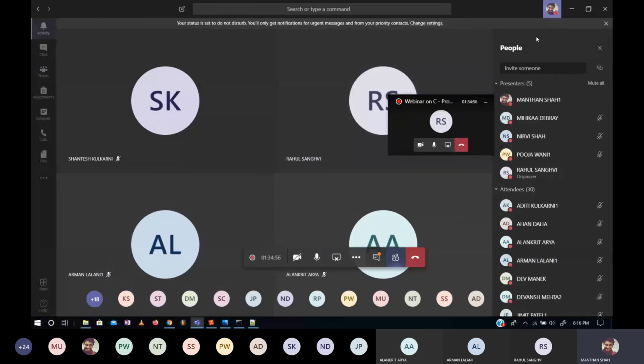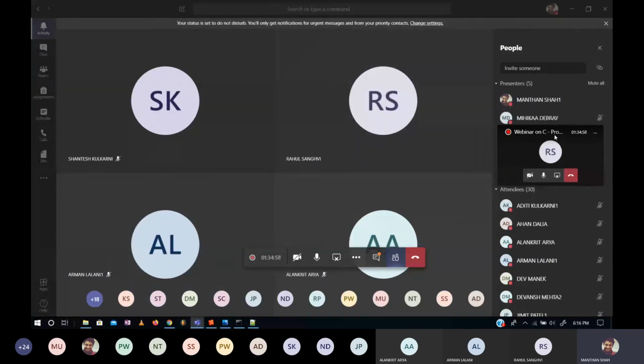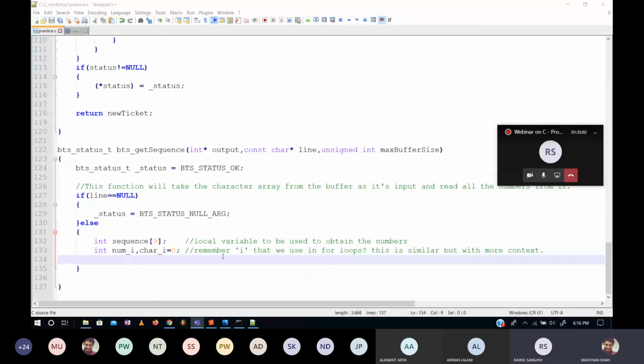I'm continuing, I'll keep on writing the code. You guys let me know when the break ends, then I'll start explaining. I'm still writing all the comments and everything. If you understand, you can start. Once the bts_get_sequence function is done, and there's a small function too, once I've written both, then we can start testing and I'll explain how the sequence works. Once that is working properly, then we can look at how to debug this program.